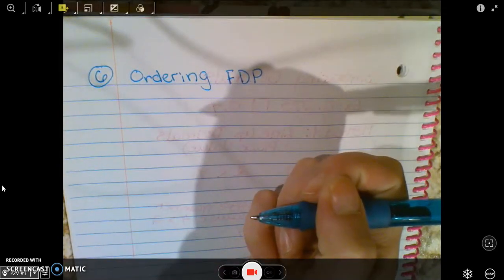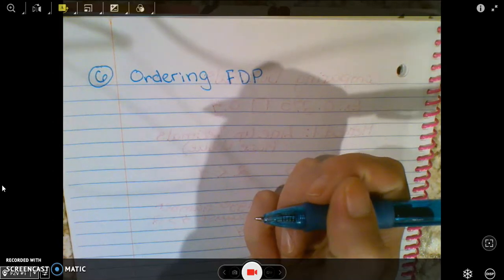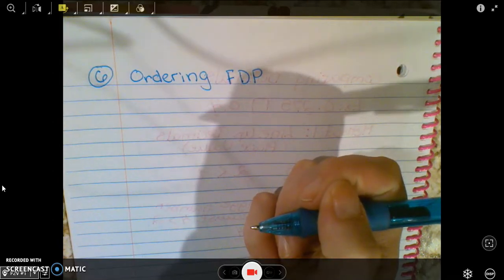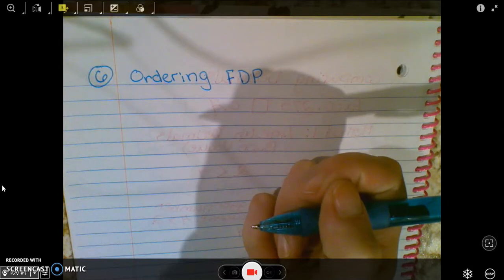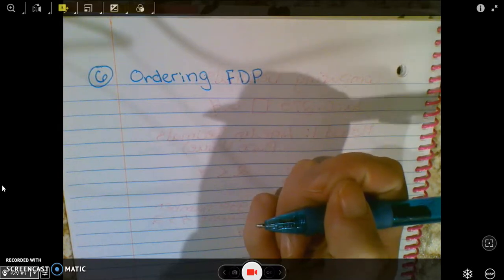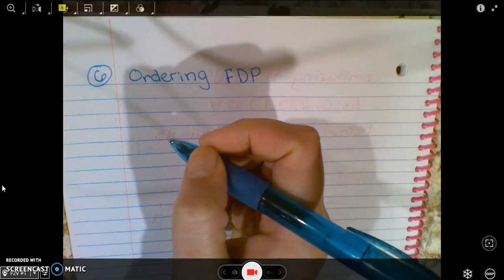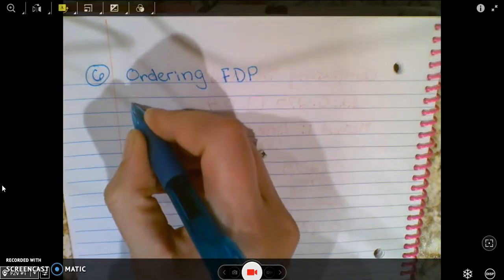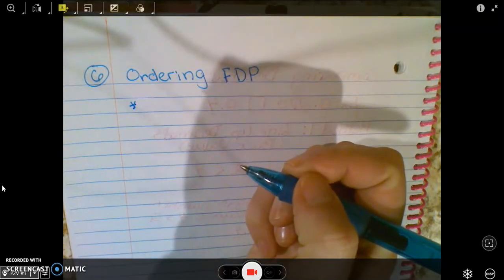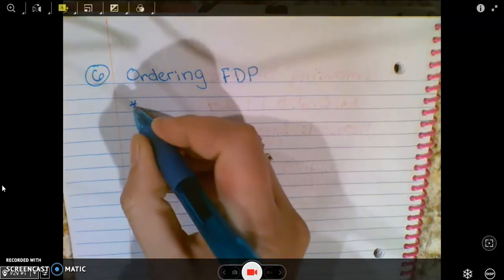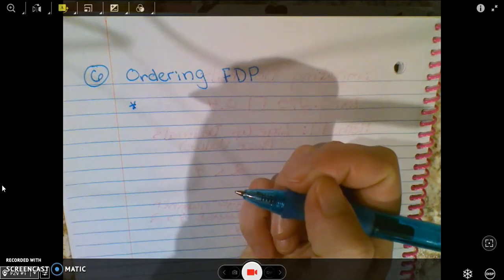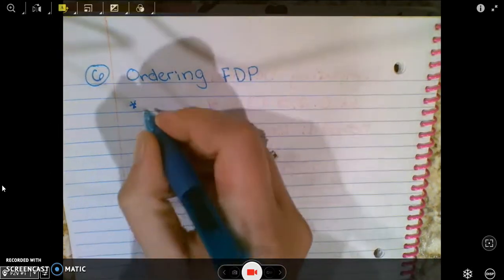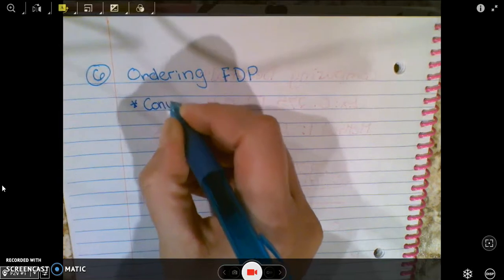When you are ordering them, it's just like one example we did in class where we were comparing percents. At the very last slide, the last question, there was 1 decimal and 1%. And I told you that if you have values in different forms, you need to make sure they are all in the same form. So the very first thing, a lot of times, not every time, they will put your values in different forms. So the first step is going to convert